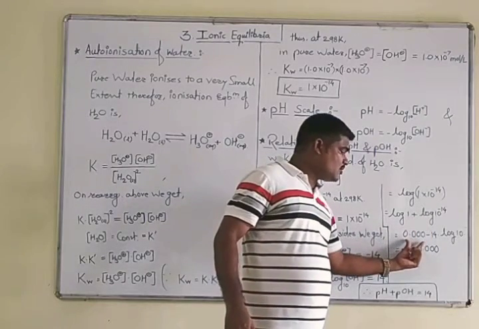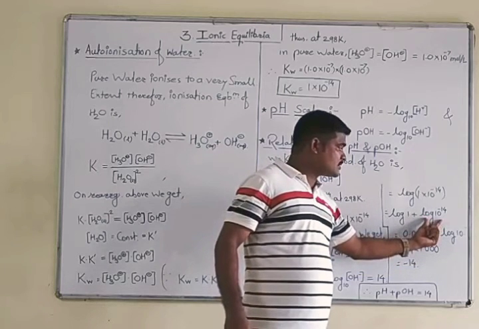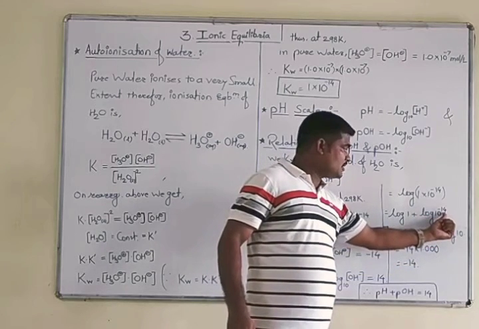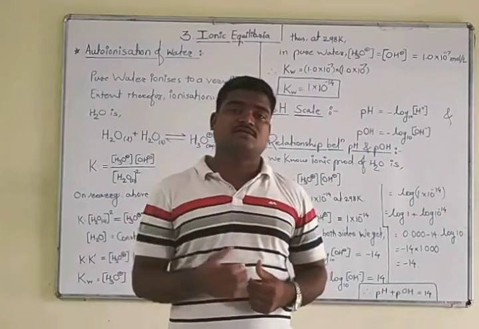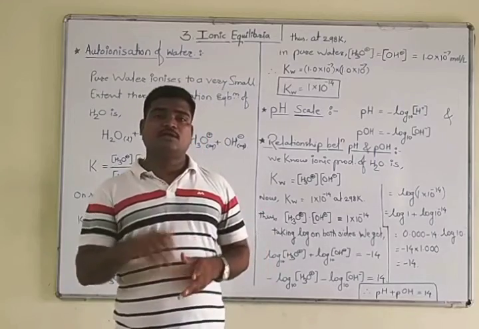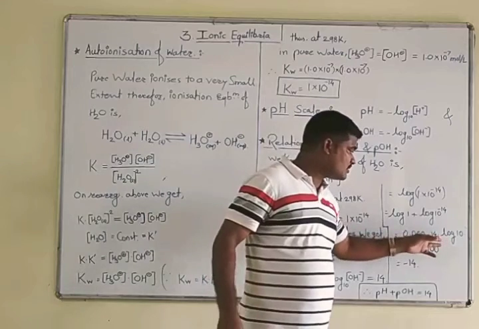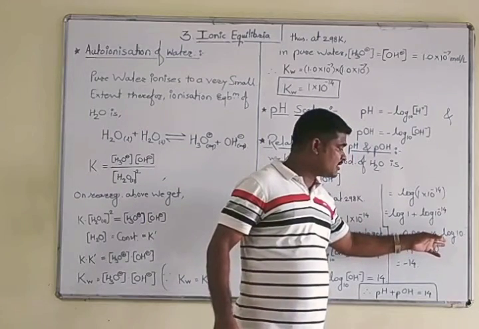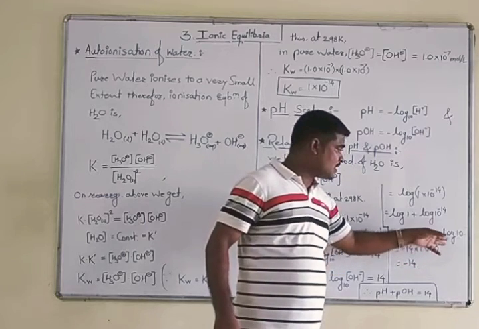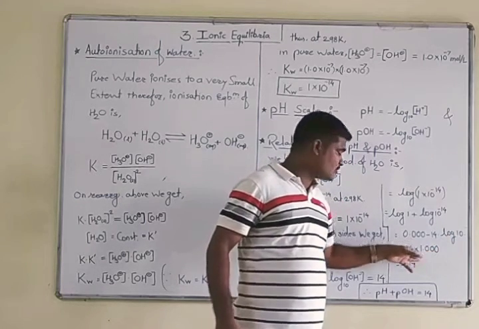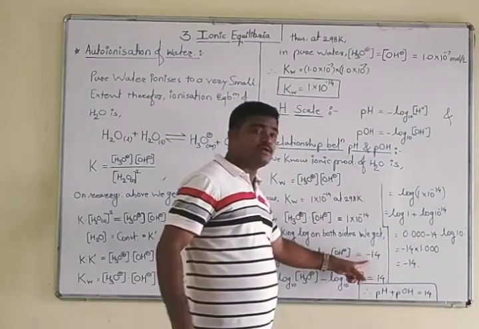So what is the value of log of 1? That is 0. And for this term, suppose we consider log of e raised to x, then how can you resolve that term? It is x into log of e. Like that we did also here. Minus 14 I have kept, multiplied by log to the base 10. Then minus 14 into the value of log 10, which is 1. Therefore we are getting minus 14. So this minus 14 I have kept here.